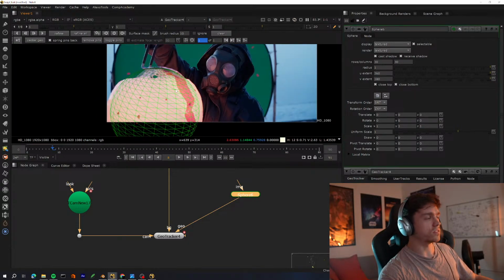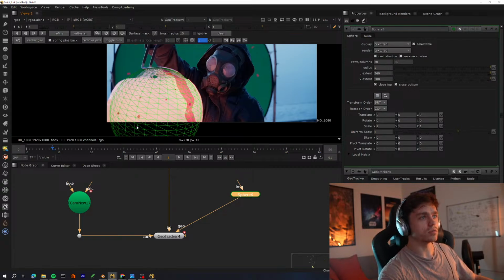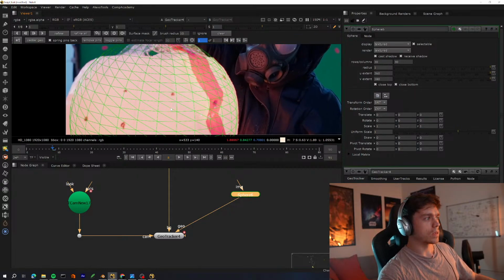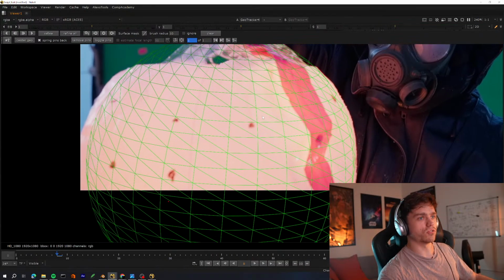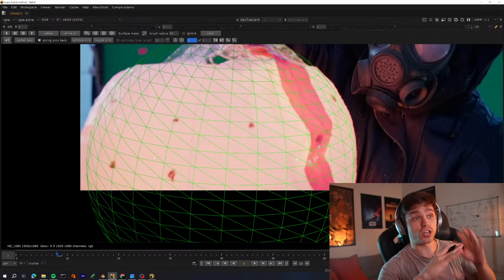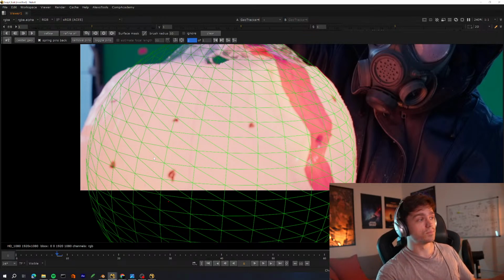GeoTracker is the best. They have a Blender plugin now too, but I would still use it in Nuke. I definitely wouldn't use it in Blender because you can just export it to Blender. But yeah, what you do is you tick, if you guys have never used this, if you're ever going to do an object track, which at some point you're going to do, I think